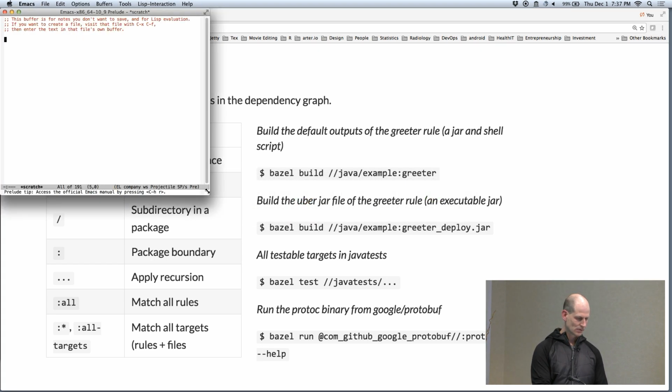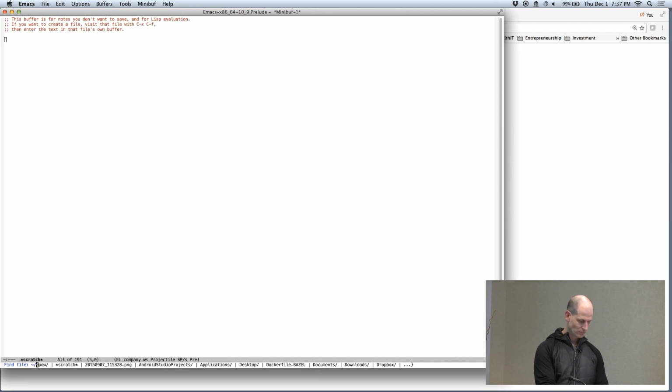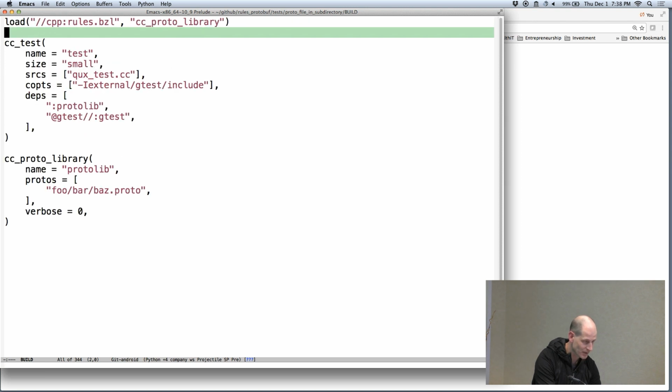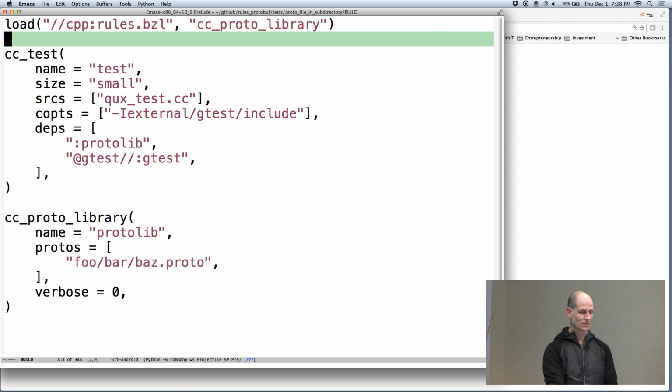Can I make this bigger? Sorry. Can anyone see that at all? No. Sorry. How do I zoom in the whole desktop? I should know the Emacs command for zoom. There it is. So here's